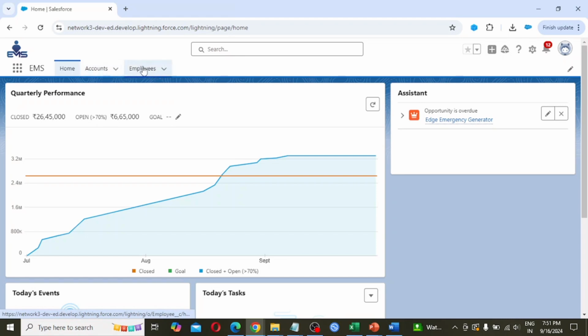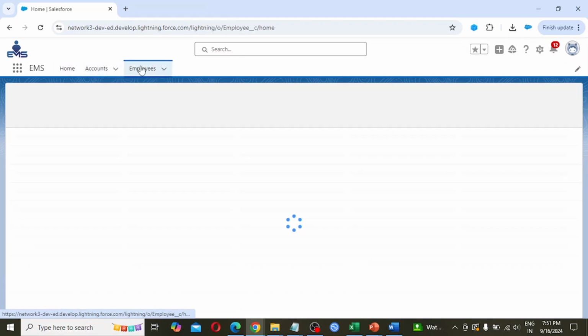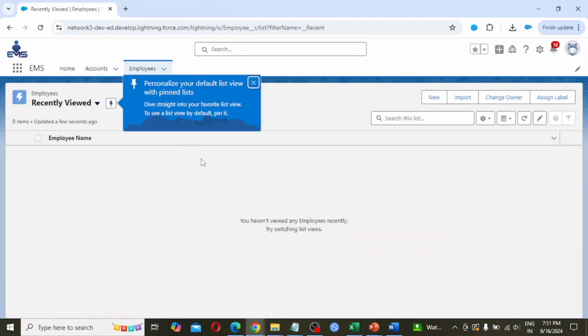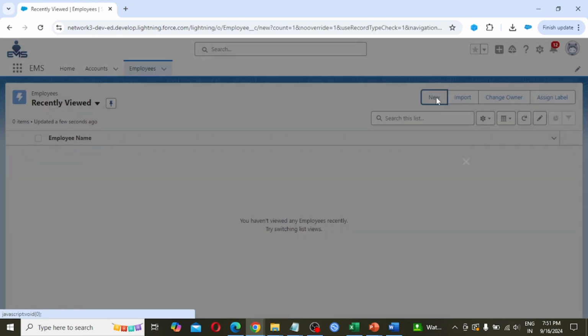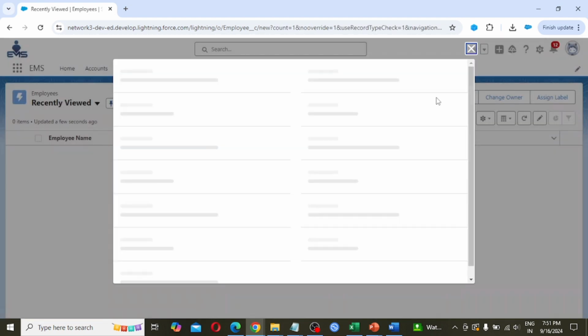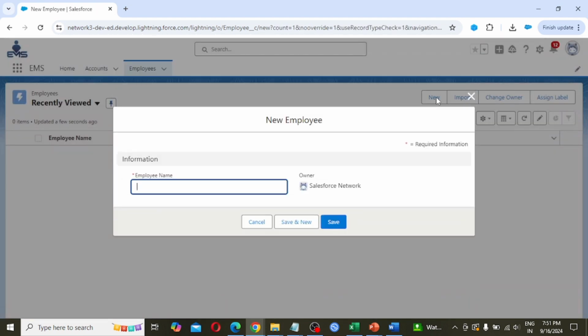If we click on the Employee object, this is the layout we are seeing. And if we click on New, we see Employee Name, which we had taken as a text data type, so it is coming like this.